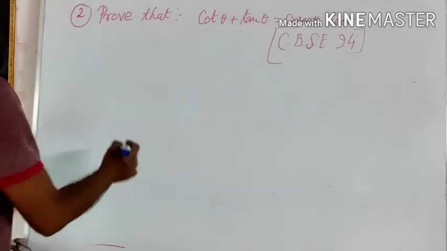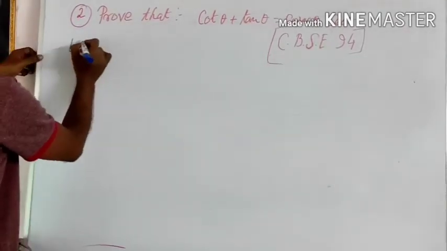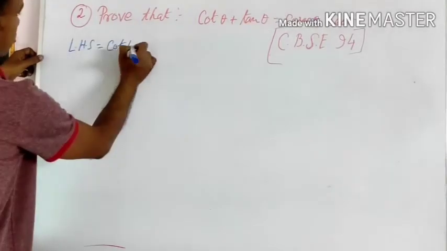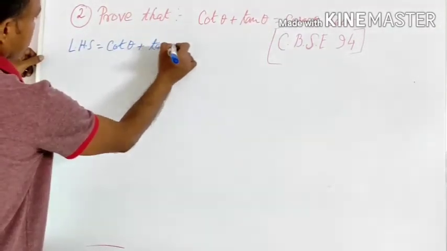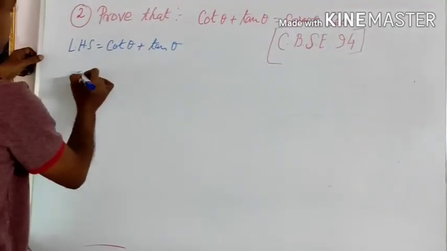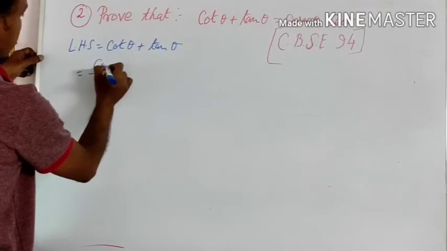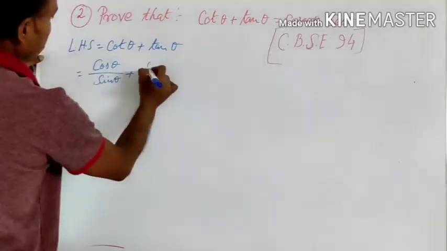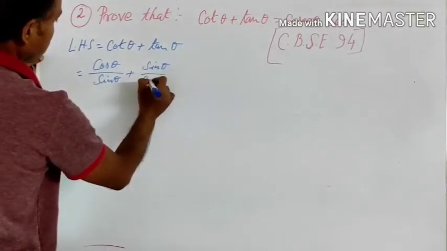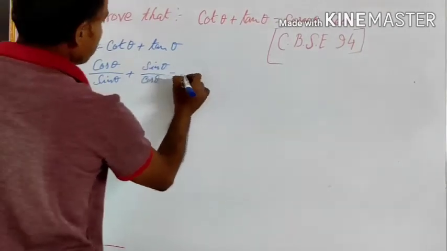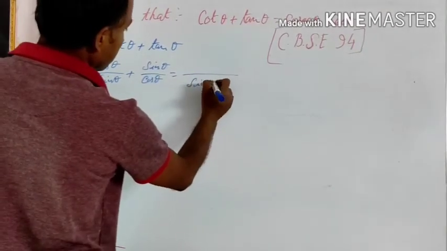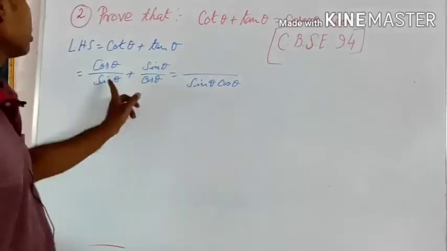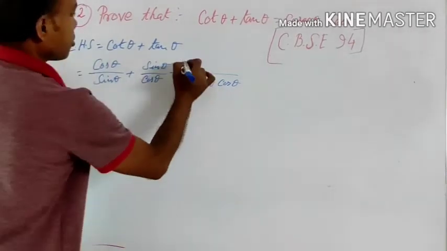Left hand side is cot theta plus tan theta. Cot theta is equal to cos theta by sin theta. Similarly, tan theta is equal to sin theta by cos theta. So the LCM will be sin theta into cos theta. When you divide by sin theta there will be cos theta, so this will be cos square theta